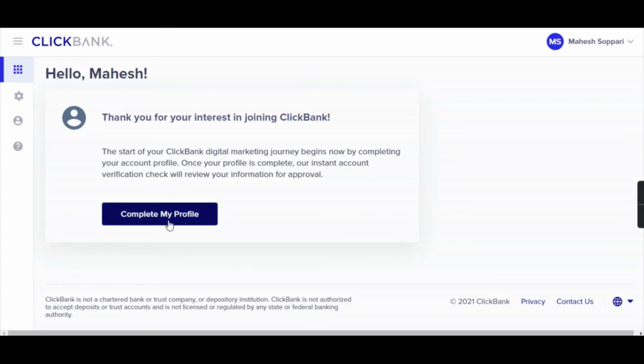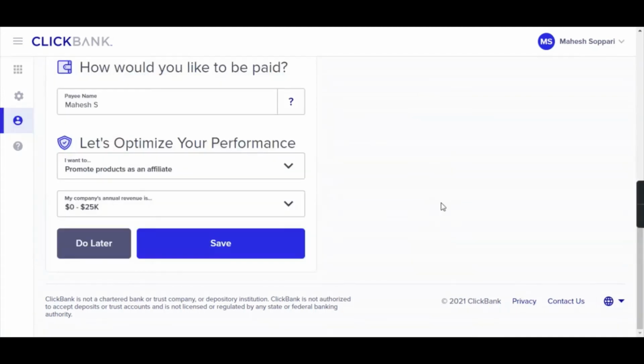And here we need to complete our profile. Once I click on complete profile, I need to enter my first name, last name, and there would be an option to enter an alternate email ID. Enter your address, everything.